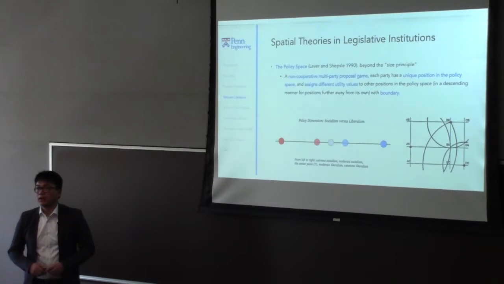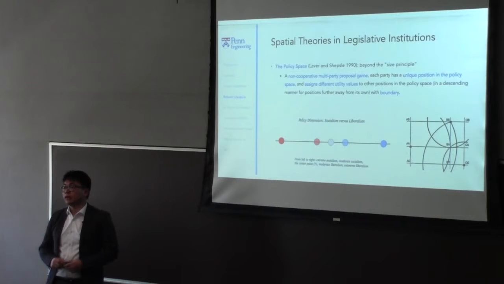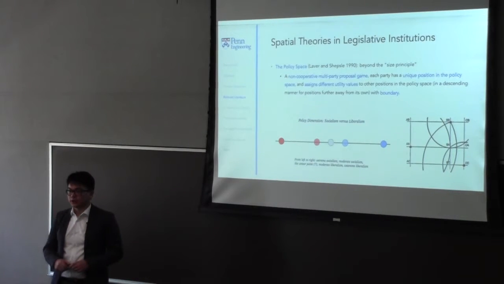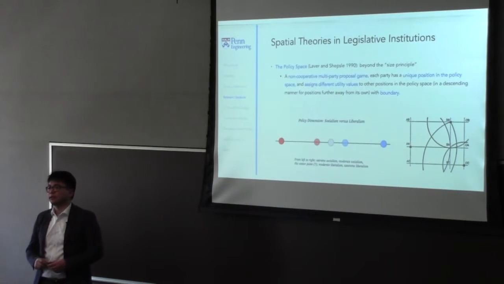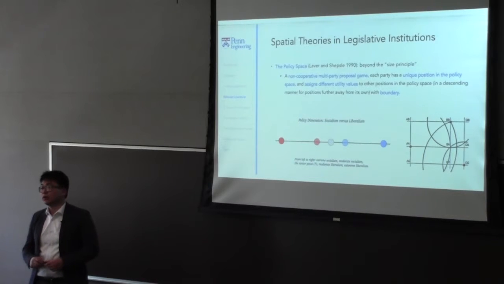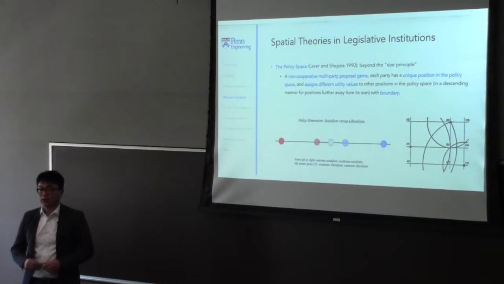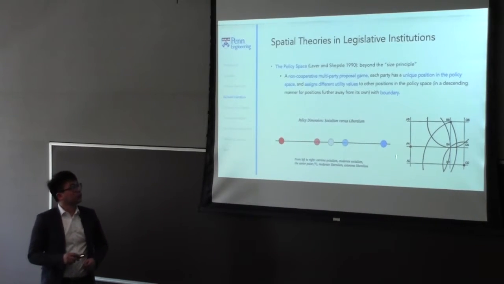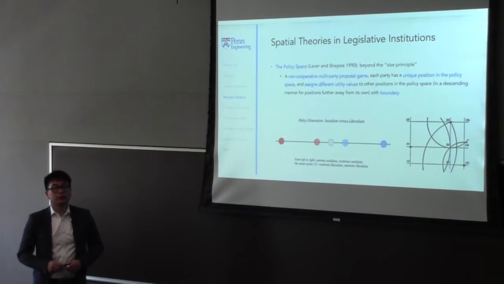Right. There are a few limitations to it. For one, while Laver and Shepsle study the policy space, it doesn't quite take into consideration power while they talk about positions. The second is that they don't really regard this as a continuous thing. It is relatively discrete, and you only have a few data points you pick from the set, and whatever works will be the stable set.